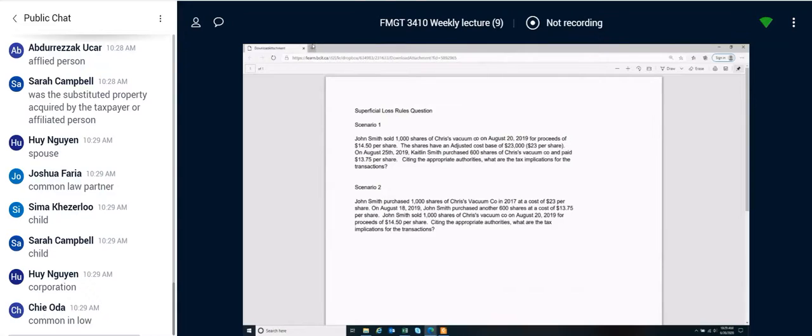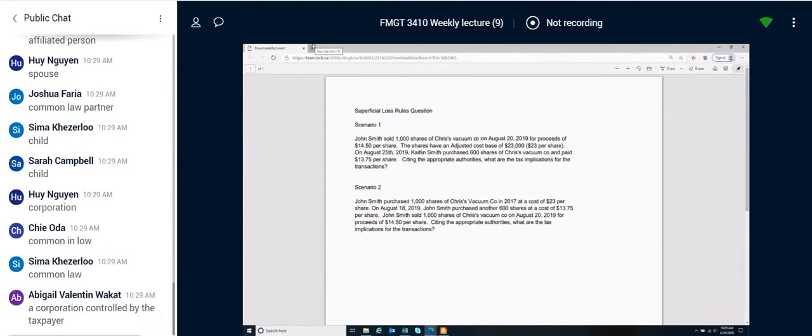So there's spouse or common law partner, that's right, and this is key. Don't just say corporation. It's a corporation that's controlled by the taxpayer. That's really important because you can create different scenarios where